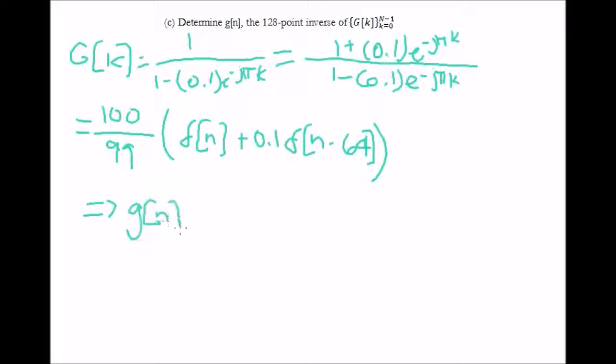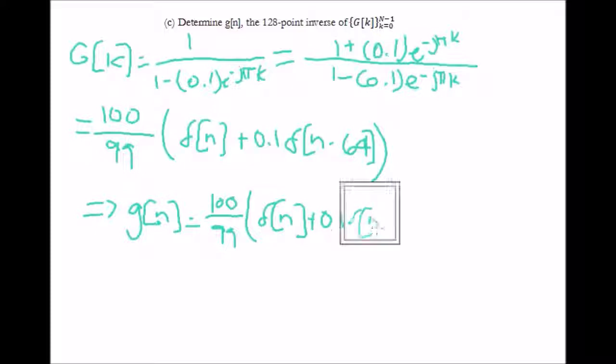You would then be able to split up this fraction and use a lookup table to find what your values for g of n should be. That will leave you with g of n being equal to 100 over 99 times delta n plus 0.1 delta n minus 64, showing that just like your original filter, your inverse filter is also